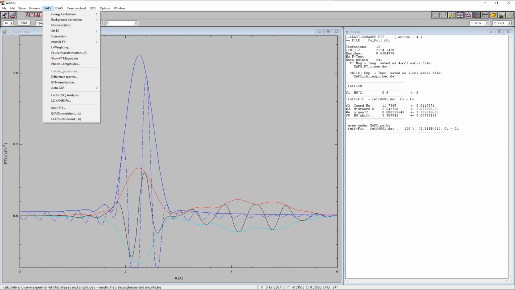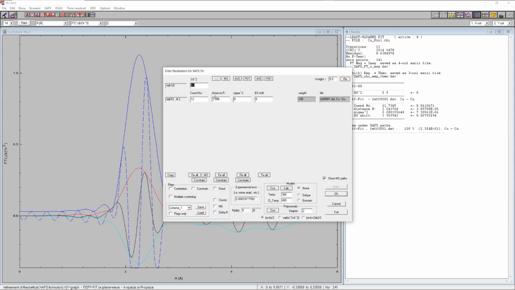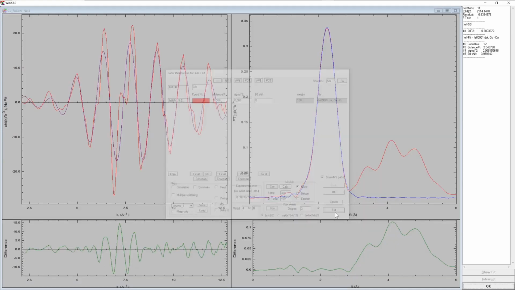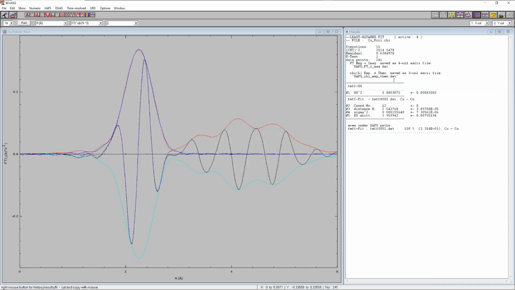We go back to refinement, same settings, and now we want to fix the coordination number to 12 and refine the amplitude reduction factor. We just start the refinement, get a good agreement, and obtain an amplitude reduction factor of 0.88 for the copper metal foil spectrum. So this amplitude reduction factor now is what we are going to use to analyze the spectrum